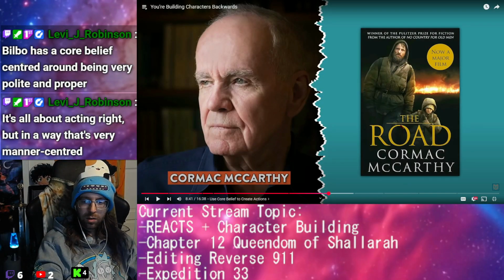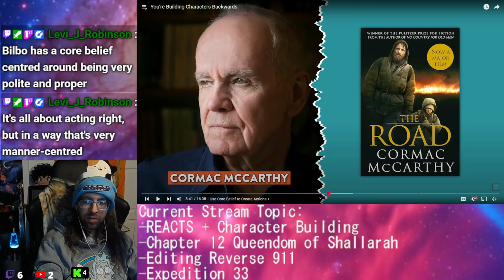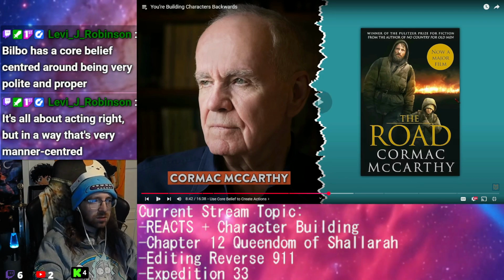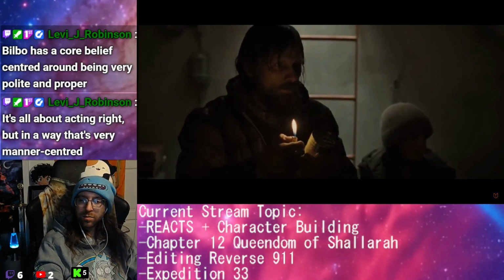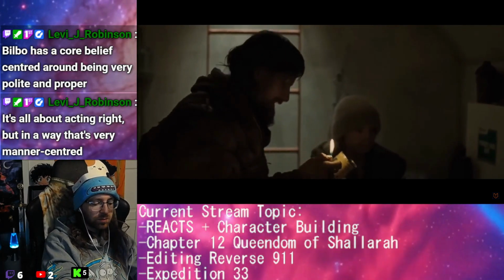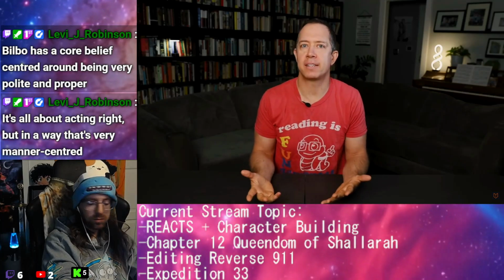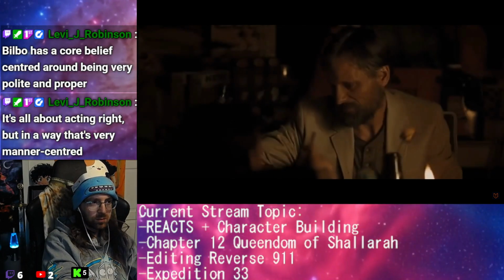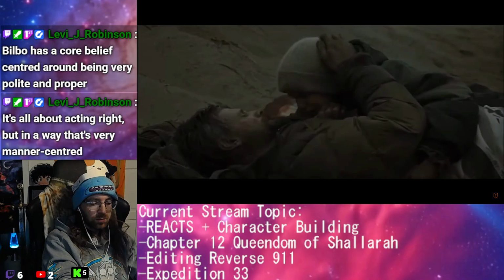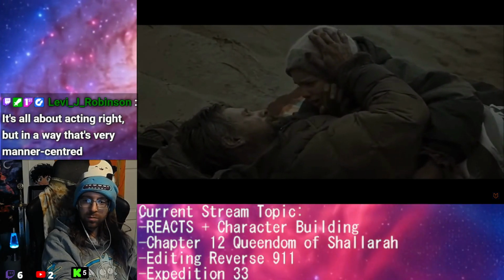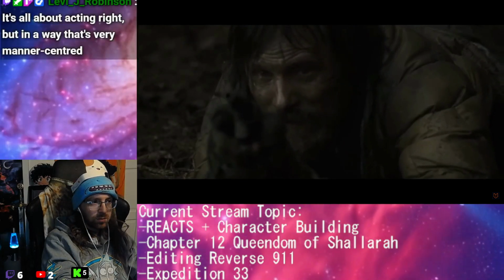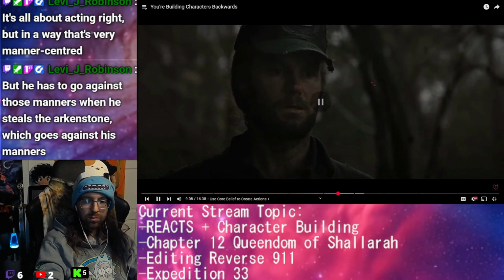So with Bilbo, it's all about acting right, but in a way that's very manner-centered. In Cormac McCarthy's The Road, you could characterize the father's core belief as protecting innocence is the only moral duty we have left. Okay, so how does that manifest itself in an apocalyptic wasteland? One, he goes without food so he can give more to his son. Two, he tries to keep secrets from his son, including not telling him that he's coughing up blood and that it's very likely he's going to die very soon. And three, he is willing to kill others in order